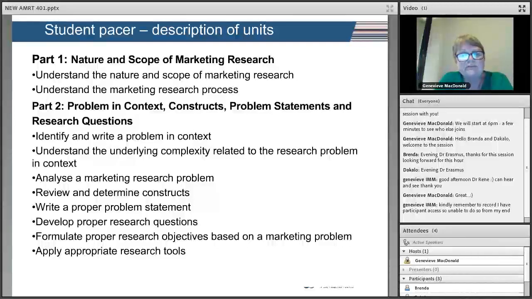If I've identified a marketing problem, I must now read up, explore and write down the context, the background in which this actual problem plays out. Otherwise, the reader will not understand it, or if you have to brief somebody else on the problem, you have to be able to explain to them the context and so on. Constructs is a term that is used quite often here, and we will describe and explore a little bit what is meant by that. The problem statement is then